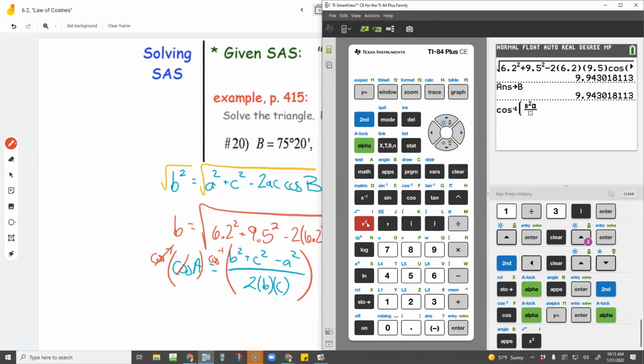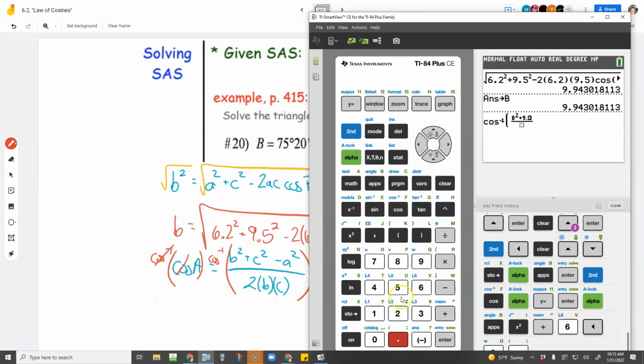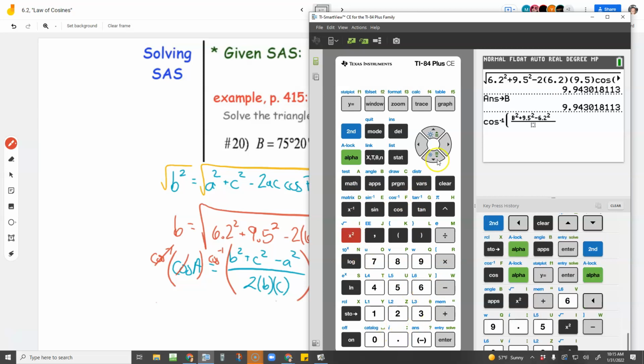cool. B squared plus... We should all get the exact same answer. Hold on, who's C? He's 9.5, wrong one. I'm going after A, right? 9.5 squared minus 6.2 squared all over 2B